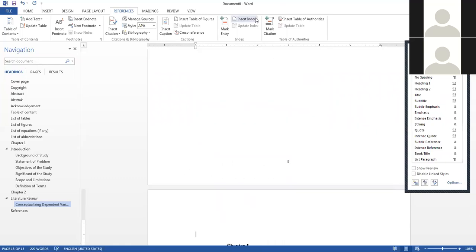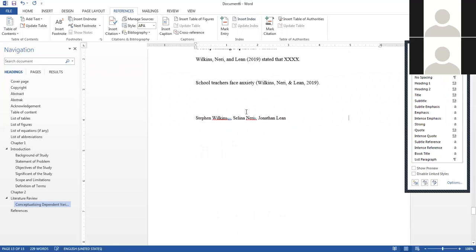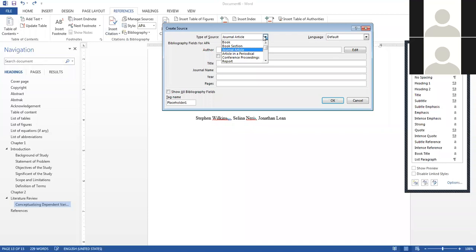So for example, thesis, Insert Citation, Add New Source. You can choose electronic document, or you can also choose book. Book. Okay, doctor.